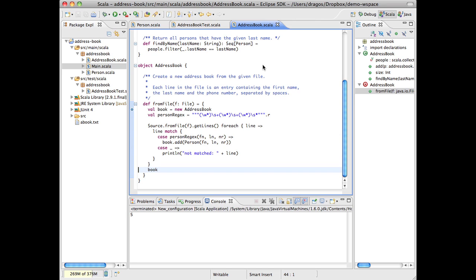This is the end of our tour of the Scala IDE for Eclipse. You have seen how to edit your sources, how to run your unit tests, how to navigate around your project, and how to debug your application. For a complete list of features, please visit